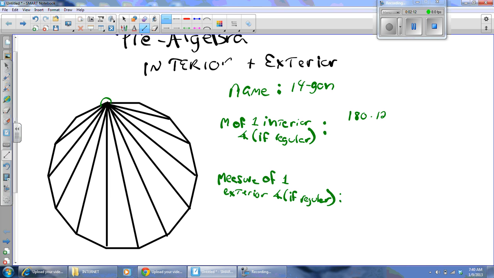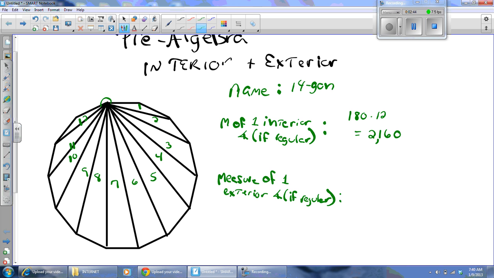Okay, so there's my triangles. If I want to count that, it looks like I'm going to come up with 1, 2, 3, 4, 5, 6, 7, 8, 9, 10, 11, 12, just like I thought. Remember, the number of triangles is always 2 less than the number of sides. So over here, I'm going to multiply 18 times 12. If I triple 18, I'm going to get 54, 108, 216. So that should equal